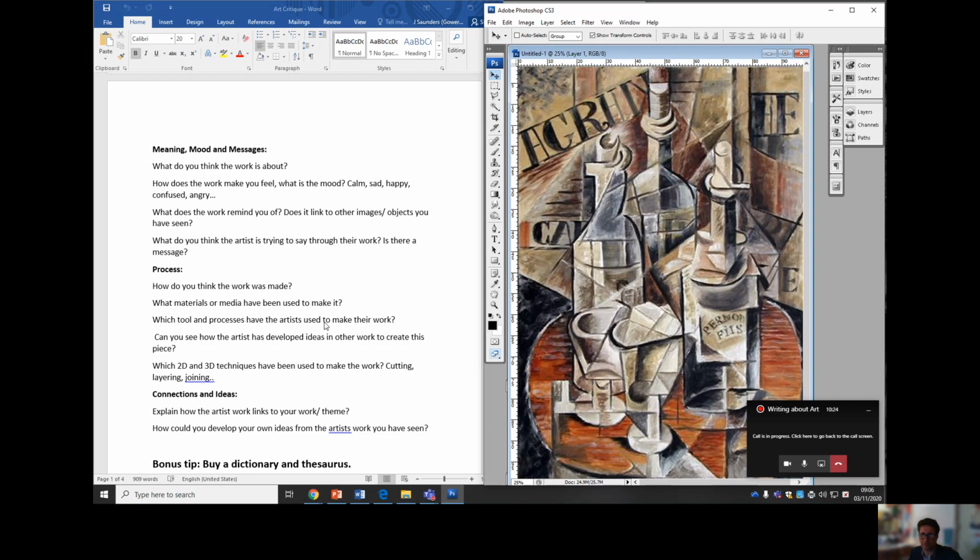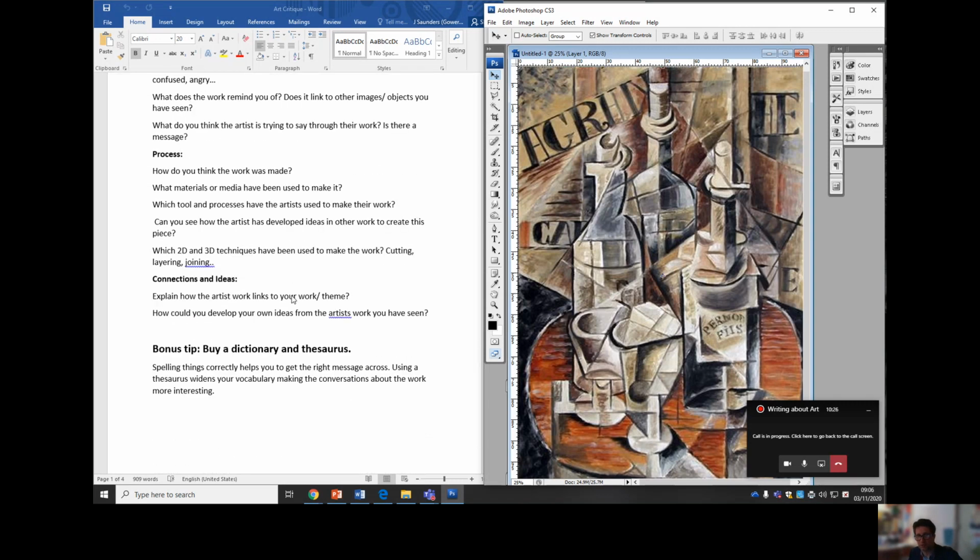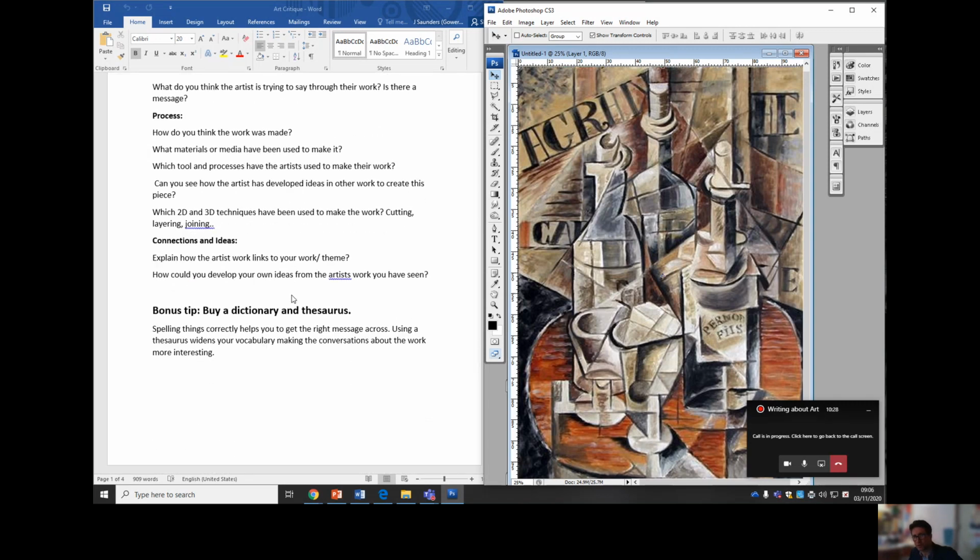But we talked about the artist developing the ideas. That's about researching it and looking at what other work he was doing at that period of time or earlier. I mentioned it before, but a dictionary or thesaurus is an excellent aid to anybody writing any essay, but particularly in art. If you come across words you don't understand or you want to find a better word for describing its shape or tone, it's useful. And on that very point, we're going to look at how we would use other words to describe.